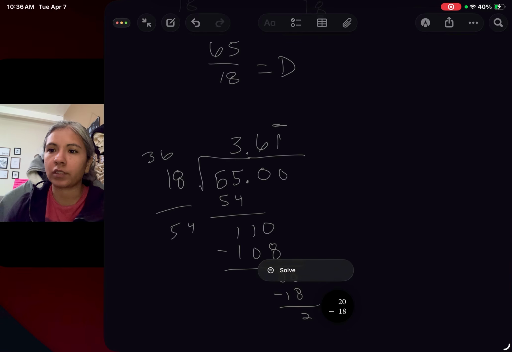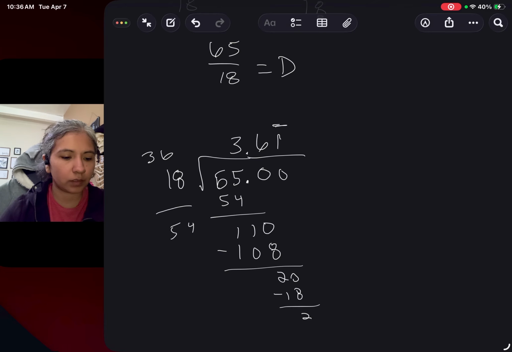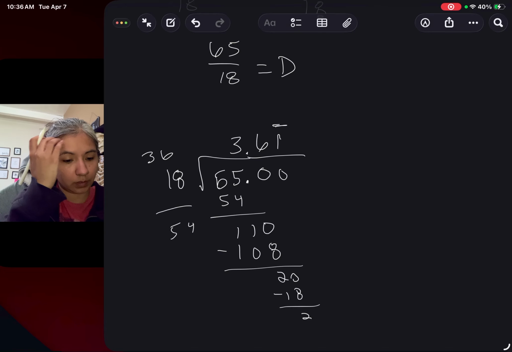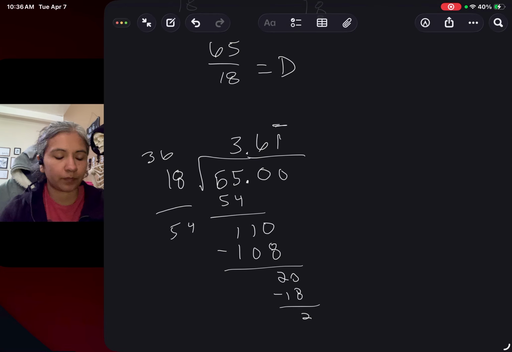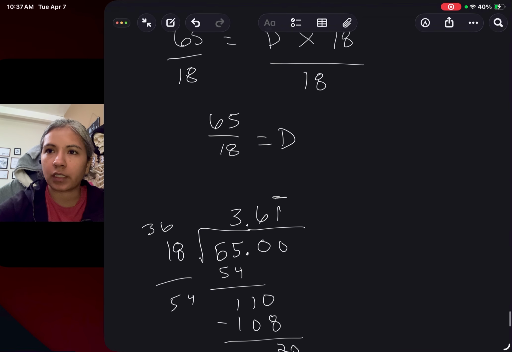So 3.61 repeating is going to be the decimal part. If it had asked for the fractional part, 65 over 18,